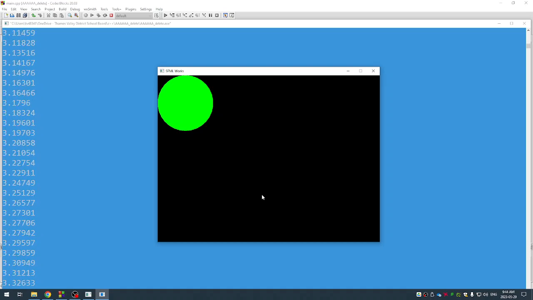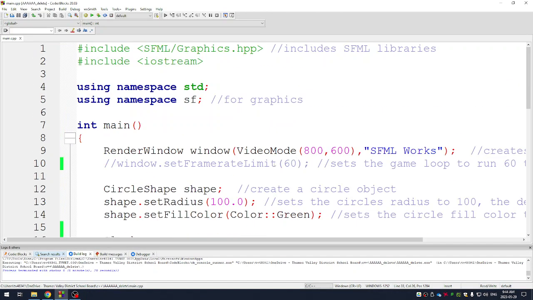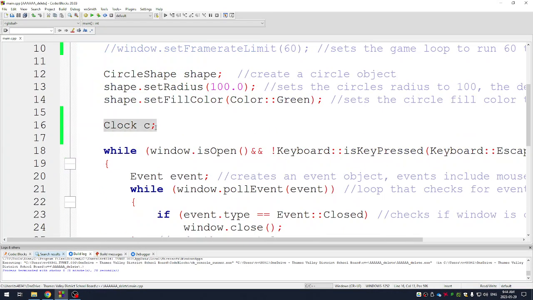2, 3, 4, 5. Then it restarts. 1, 2, 3, 4, 5. So we're going to make games where we want to introduce things onto our screen every 5 seconds, or every 10 seconds, or every 1 second. That's how we're going to do it with that clock variable. Okay, pretty simple idea, simple concept. I'll post this